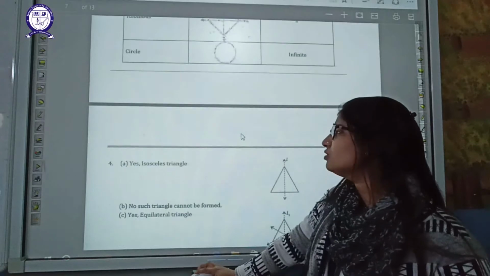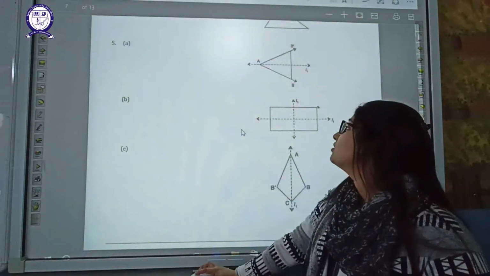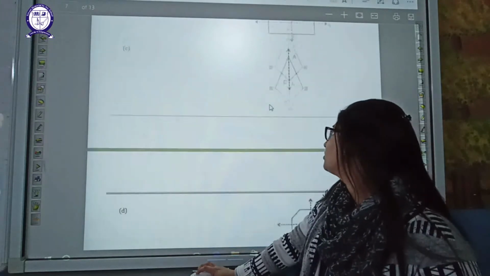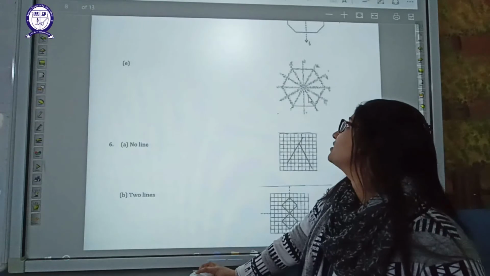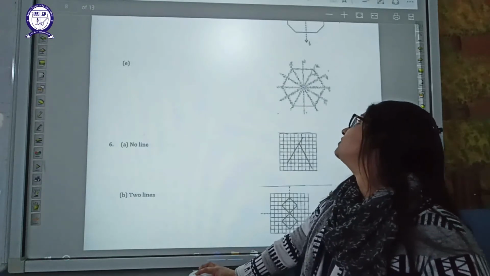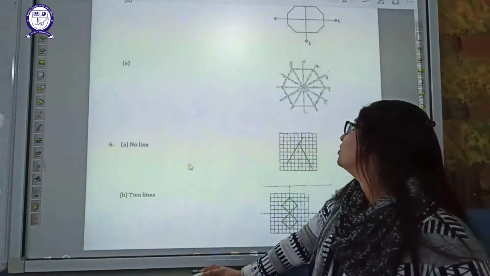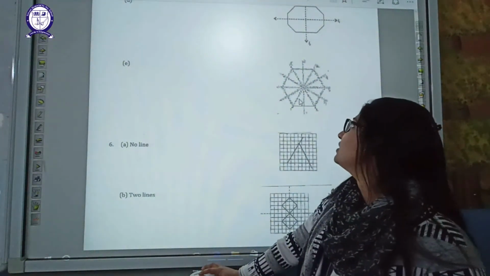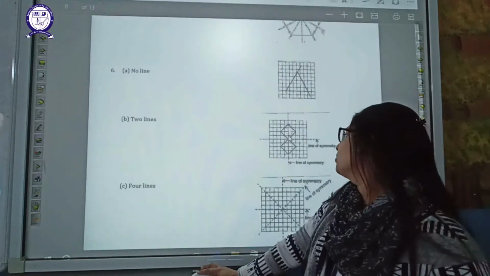Okay. So that's about the different kinds of figures. In the rectangle we know that two lines of symmetry can be drawn. If this kind of figure is given, you can check that this is a 1, 2, 3, 4, 5, 6. This is a regular hexagon given to you. Okay, so in the case of a regular hexagon, you can check how many lines of symmetry you can draw.